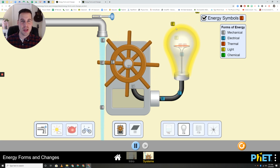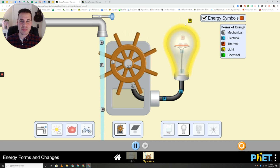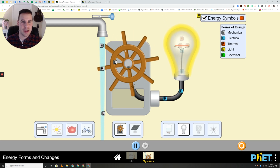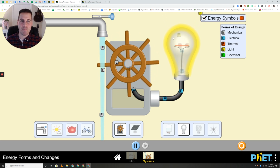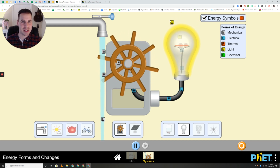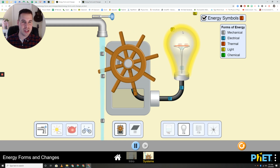So you can see the yellow squares of energy coming off. That's the light energy leaving a light bulb. And it came from originally some other power source, in this case, the water. But you might actually notice that the light bulb has two types of energy being emitted from it. It has the yellow boxes, which represent light energy, and then occasionally it shoots out some red boxes too, and